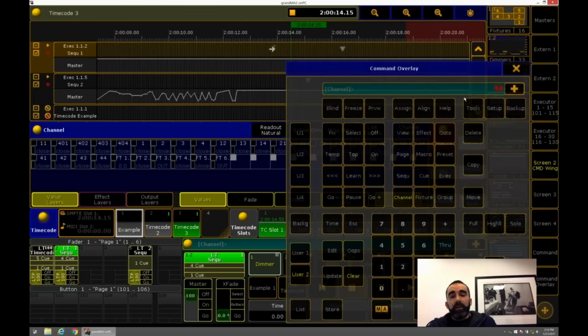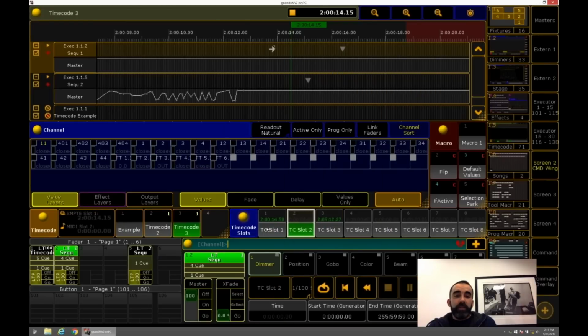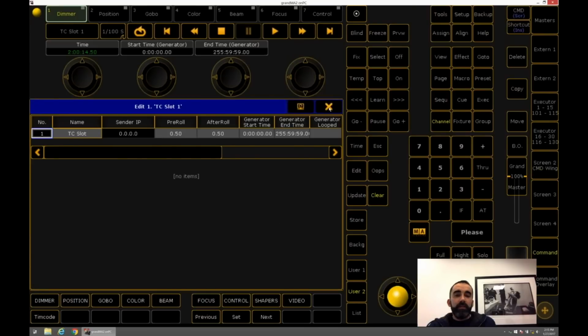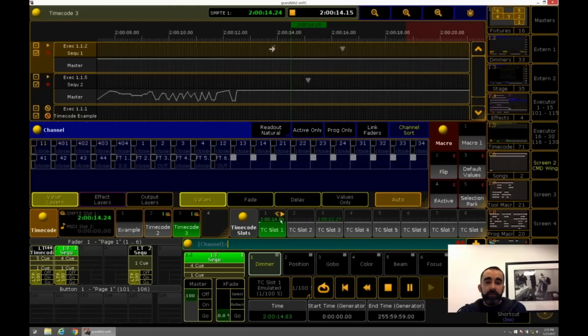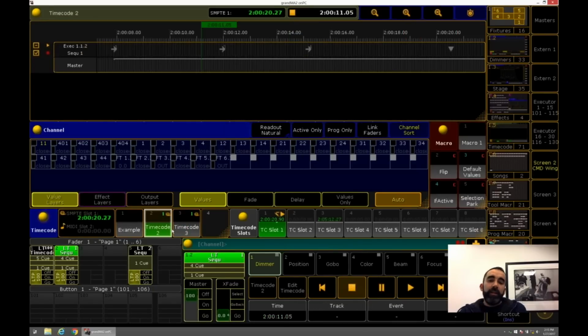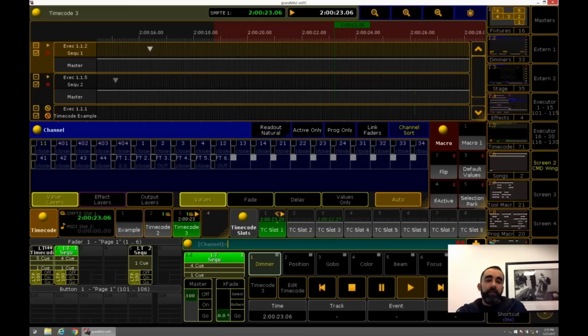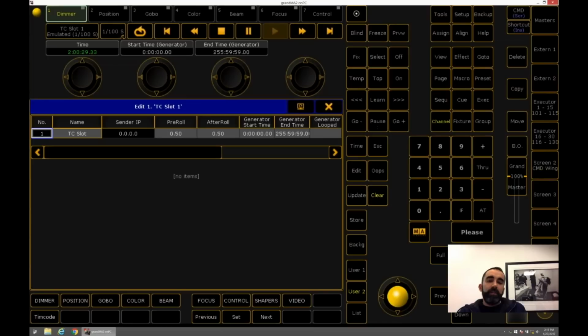Furthermore, if you're trying to do some troubleshooting, these timecode slots actually can generate a signal. So if I hit play, there's this little symbol that shows up to say that it's internally generated, and now anybody that's set to listen to that. So that's good for when you're in rehearsal, the audio guy's gone, and you just want to see what it looks like. And you can actually set the start point.